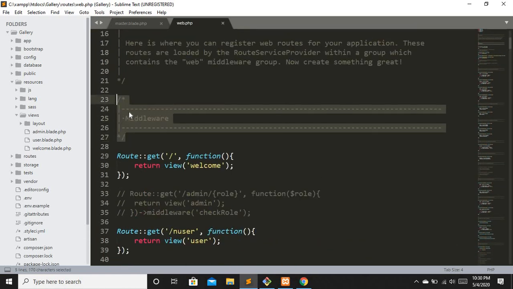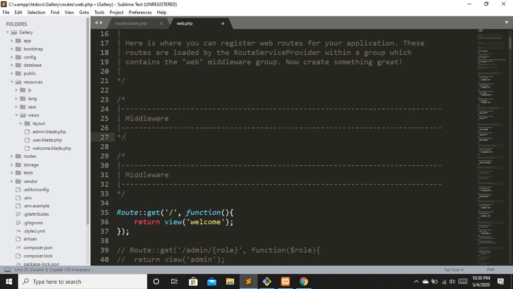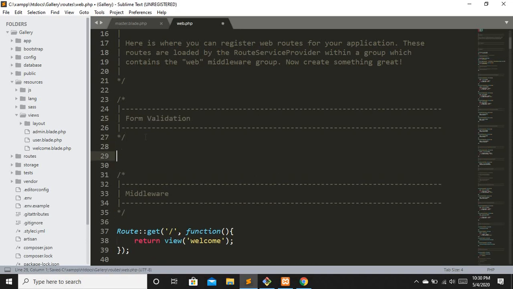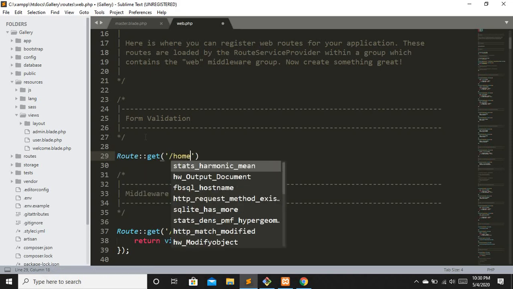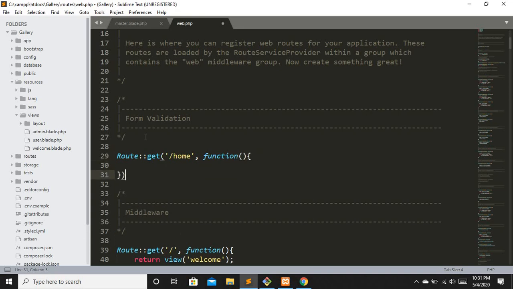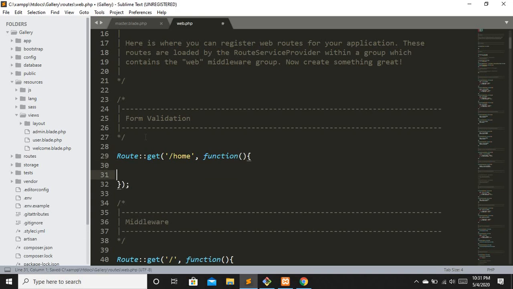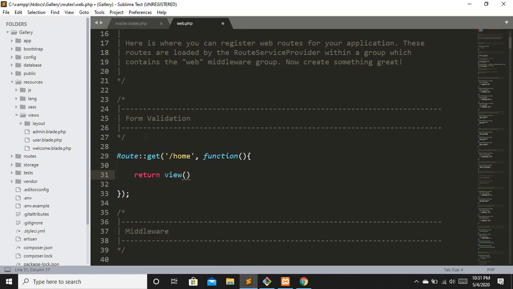We'll just copy it right here, paste it, and rename it form validation. Route get home, let's say, and a closure function, that's it, and we are going to return a view, return view.